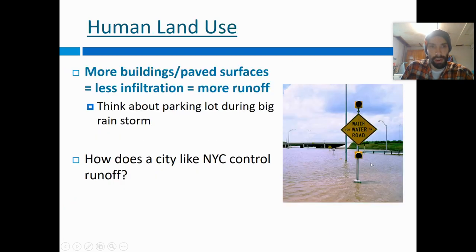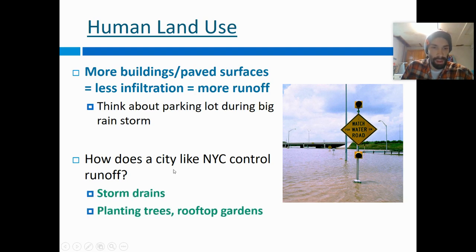Okay, so that's vegetation. Now, that directly relates to human land use. If you think about the way we use the land, if we pave surfaces and build buildings, then we have impenetrable surfaces where water can't get into the ground anymore. So it just sits on the surface, and you have a lot of flooding going on. Obviously, we need to control that flooding, otherwise we're going to have problems like this amusing sign here. So how do we control that? Well, we build drains, and in some places they actually plant trees to help control it, and rooftop gardens and things like that. That takes the water off of the surface and directs it somewhere else.